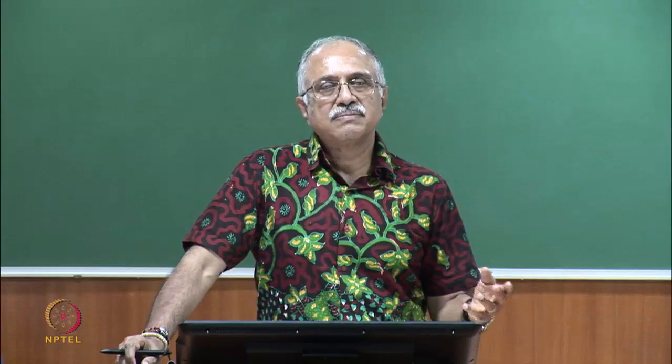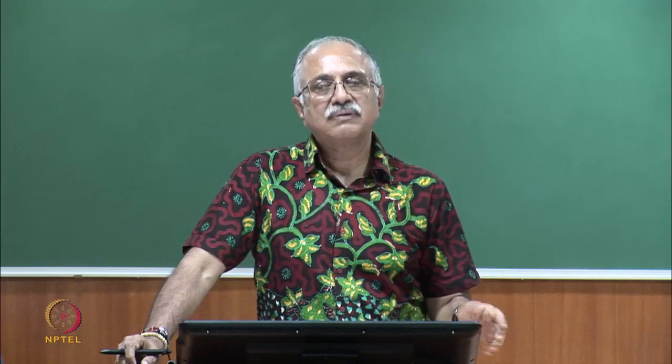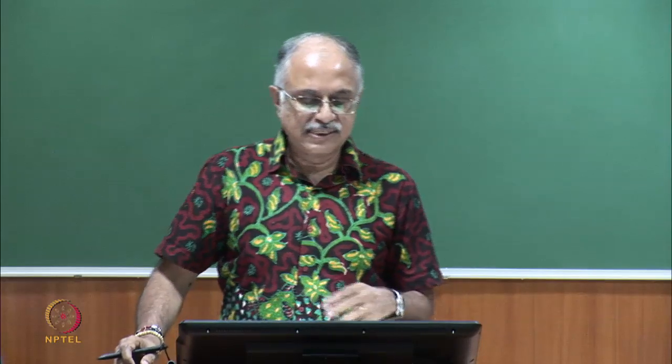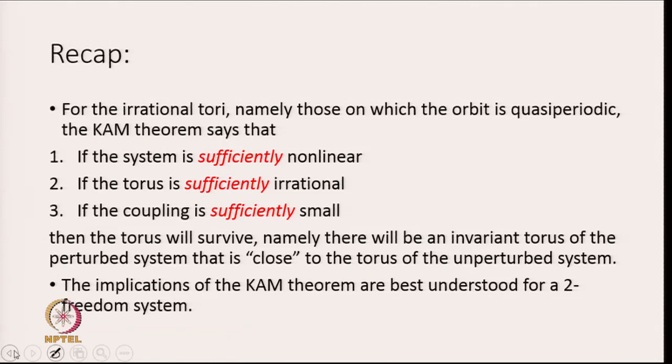What the KAM theorem says is that if the system is sufficiently nonlinear, that is to say H0 itself is sufficiently nonlinear, and if the torus is sufficiently irrational, by which we mean that the ratio of the frequencies omega 1 by omega 2 is sufficiently irrational or is poorly approximated by rational numbers,